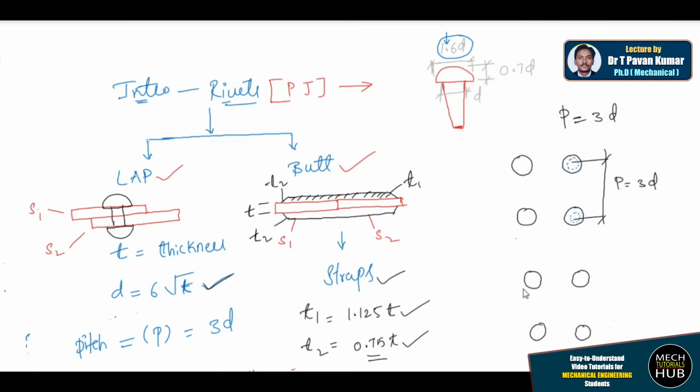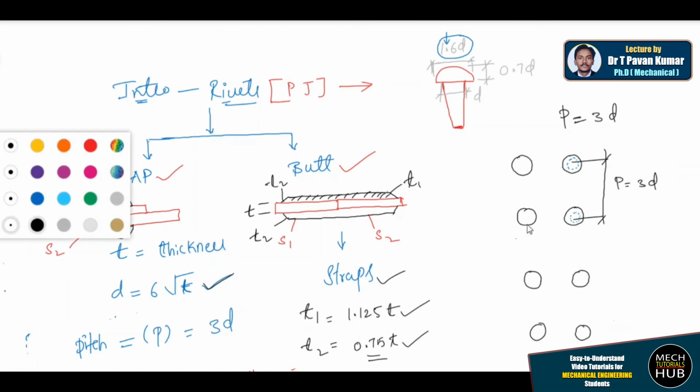Double riveted is nothing but one more row comes into the picture. That row may contain 2 rivets, 3 rivets or 10 rivets. But when you draw on a sheet of paper, presenting everything with 3 rivets is always better, where you could show all the standards. Now when you are going to draw or place one more row of rivets, what should be the distance between those two?